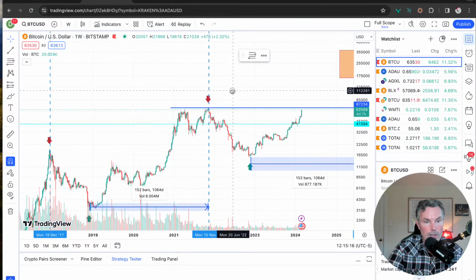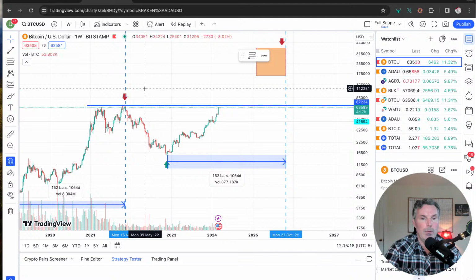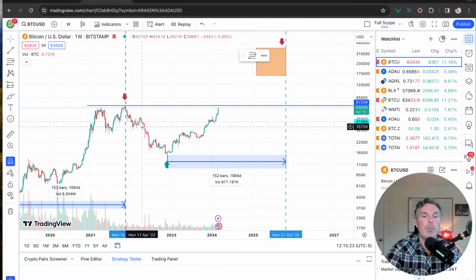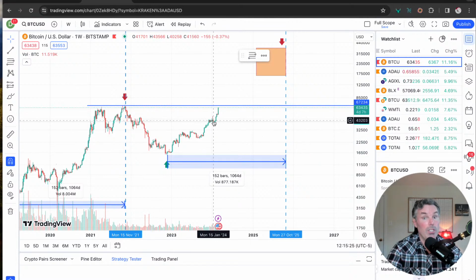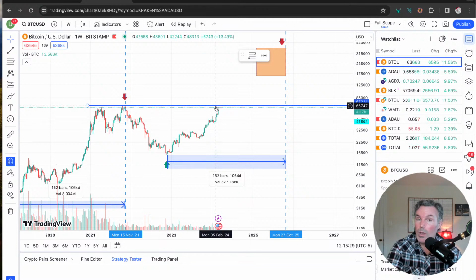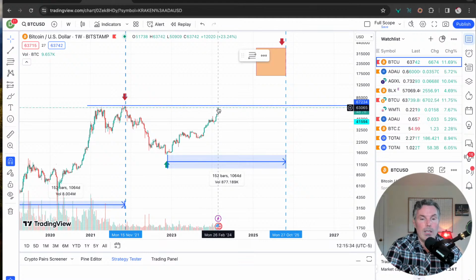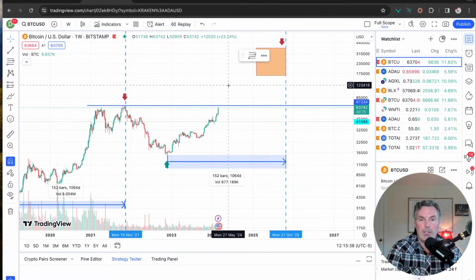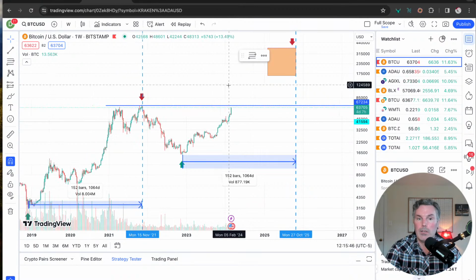Now here we are in the cycle again. Bitcoin has declined, like all the other assets, over the bear market. And now it's pushing towards its previous all-time high, right? This is all going to make a whole heck of a lot of very interesting sense here in a minute. Once it hits that all-time high, there's a lot of bullish momentum that actually presses that price up. There's a lot of pressure upward because of fear of missing out and a plethora of other factors.